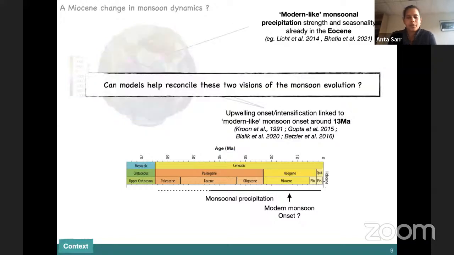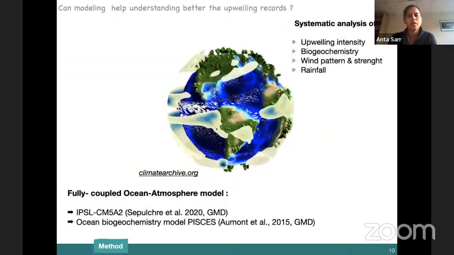So this is the main reason why I started looking at this question and wondered what happened first to the upwelling system, because this is the main environment where a paleoceanographer derives the data for this monsoon evolution, but also what happened to general monsoon dynamics over this crucial time period that the Miocene seems to be. And I asked the question whether we can find a way somehow to reconcile these two visions of the monsoon evolution over time. So for that, I use a paleoclimate